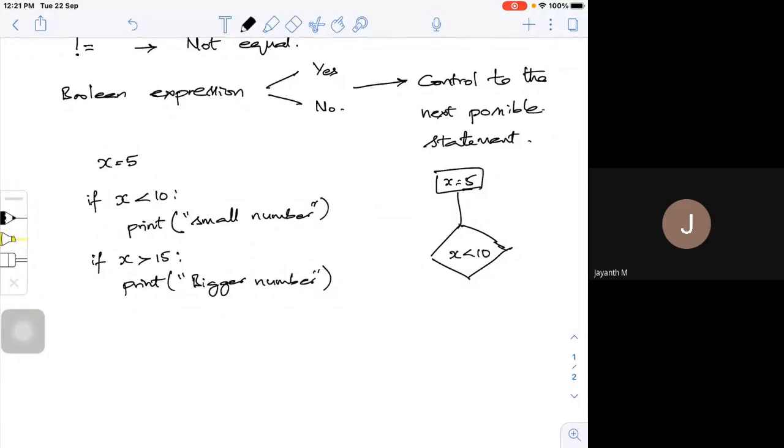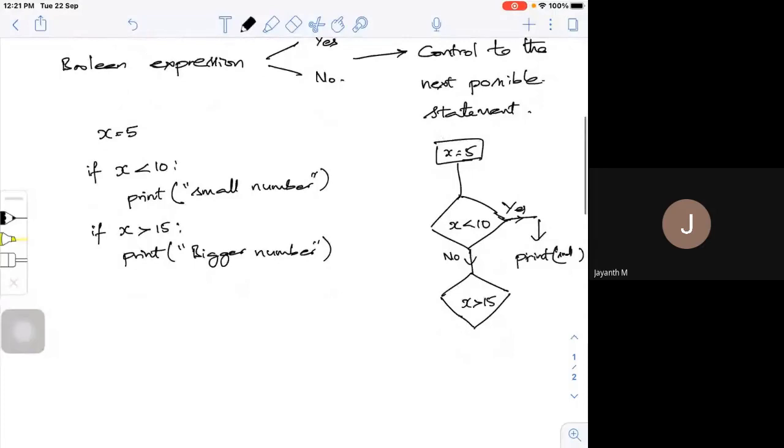If it is yes, I will have the print statement, print small number. If it is no, it will check again whether my x is greater than 15.